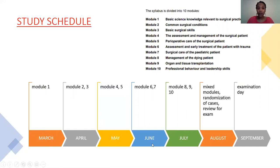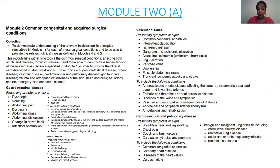Okay, if we look down at module 2, okay, module 2 is also a bit more intensive, but it's more specific to systems. Okay, so we are talking about GI disease like masses, dyspepsia, intestinal obstructions and the management, GI bleeding, rectal jaundice, okay, perirectal disease, acute abdominal emergencies like peritonitis, perforations of viscus, okay, acute presentations of gynae pathology, breast disease, including